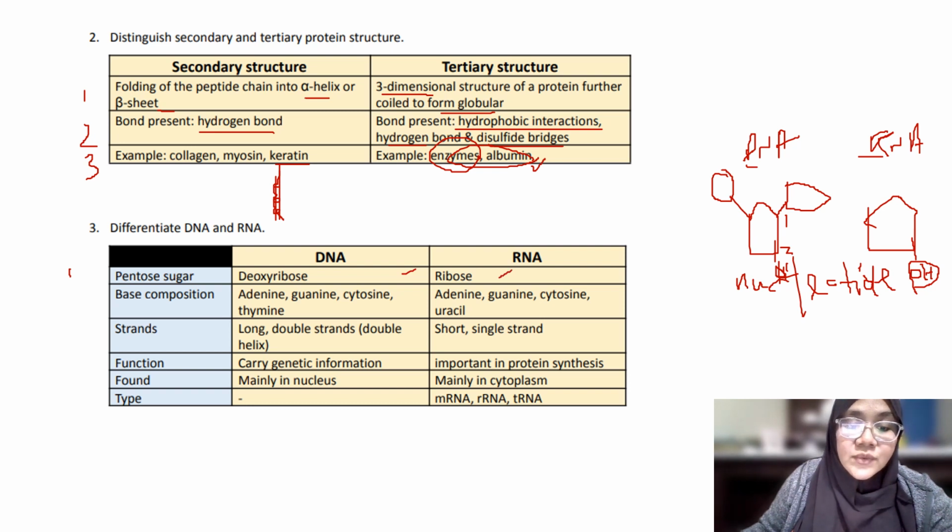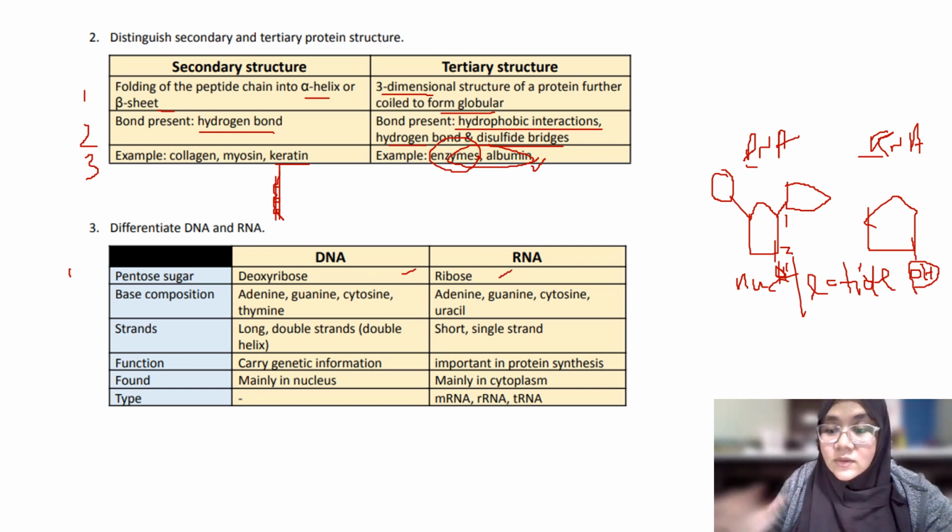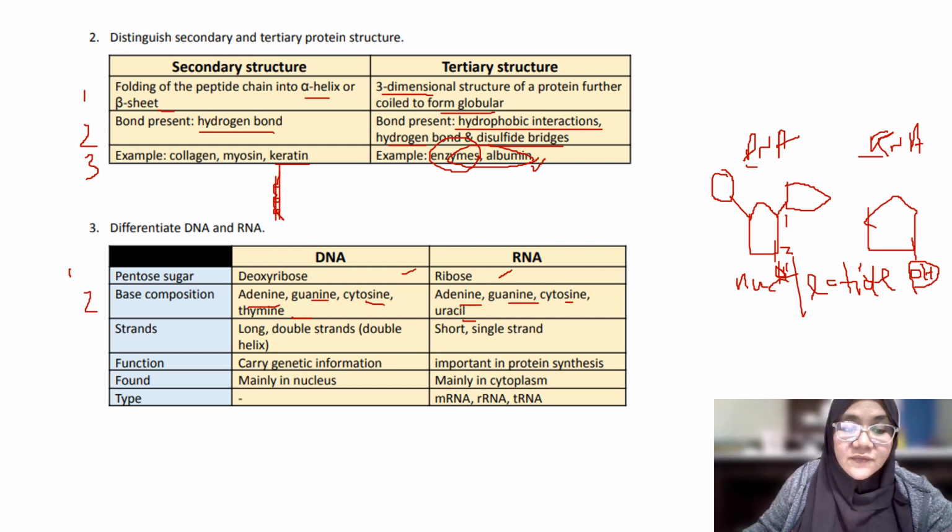Okay, next, base composition. Okay, for the bases also. For DNA, the bases involved are ATCG: adenine, thymine, guanine and cytosine. However, for RNA, AUCG: adenine, uracil, guanine and cytosine. Okay, other than that, the components that are different between DNA and RNA is that the strand for DNA is long and double stranded. Okay, however RNA is short and single stranded,